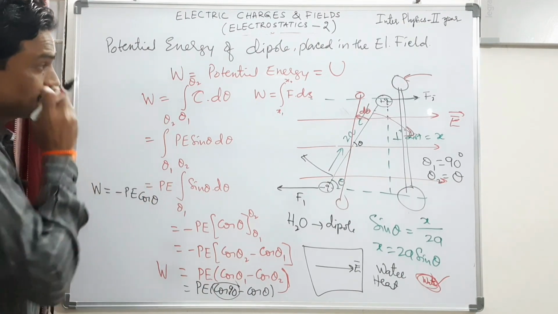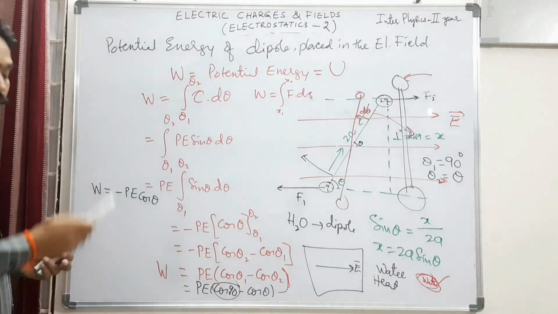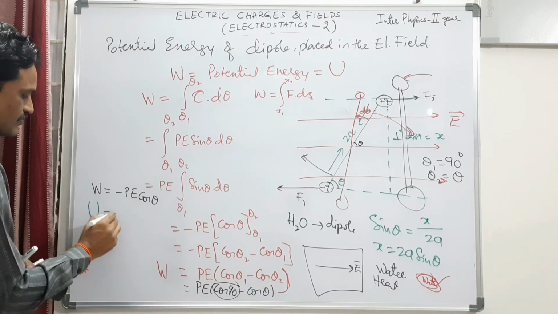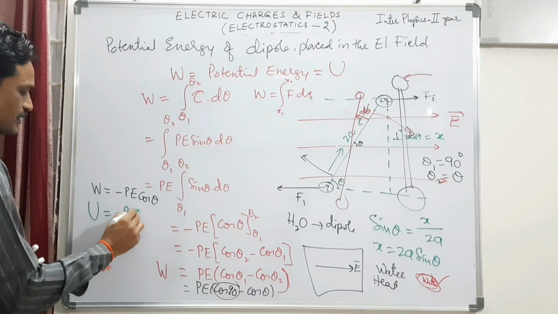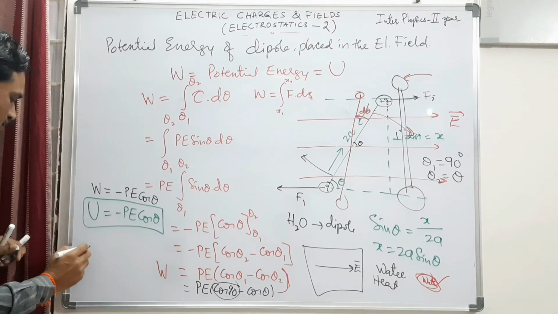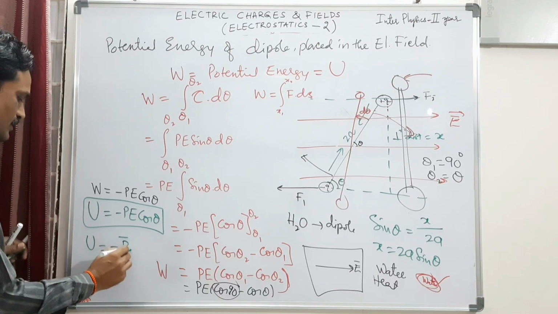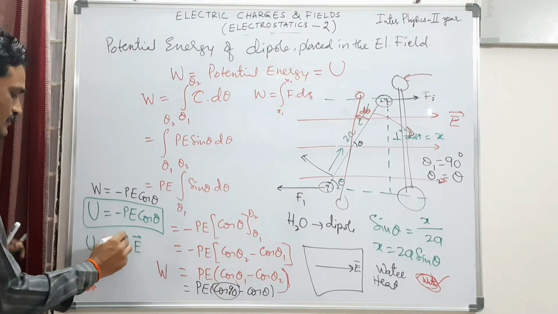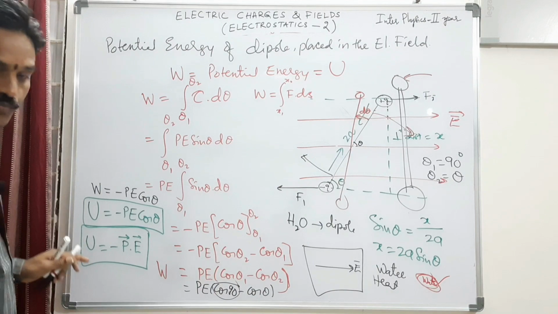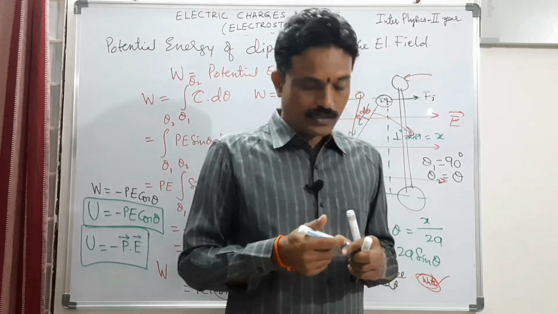This work done by the external agent, as I told you, is equal to the potential energy of the electric dipole. So the potential energy of the electric dipole is given by U is equal to minus PE cos theta. I can write the same in terms of vectors. So in vector notation, U is a scalar quantity, I will get U is equal to minus P dot E. So this is the expression for the potential energy of an electric dipole placed in a uniform electric field. So these are the topics related to electric